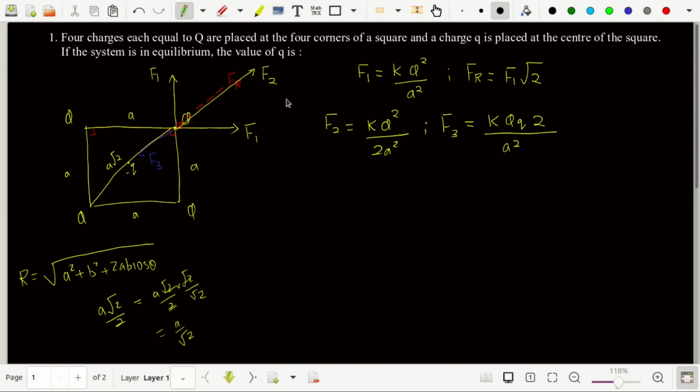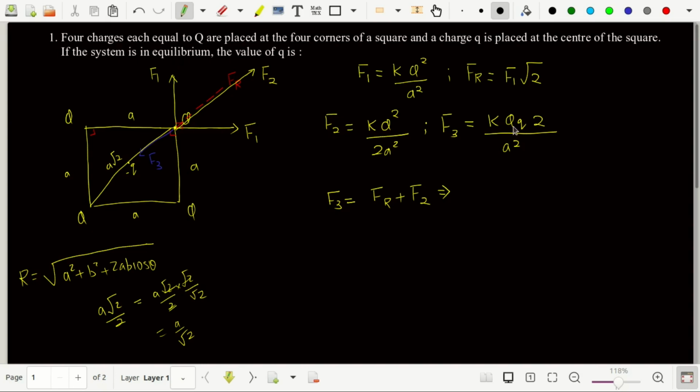So we have got F1, the resultant force, the F2 and F3. Now since it is saying that the system is in equilibrium, that means the net force acting at this particular point must be 0. Before moving ahead, you have the balancing forces over here. You can see from the figure that my F3 is in the direction of the diagonal downwards, and Fr and F2 are acting along the same line. So the sum of these two forces is balanced by F3.